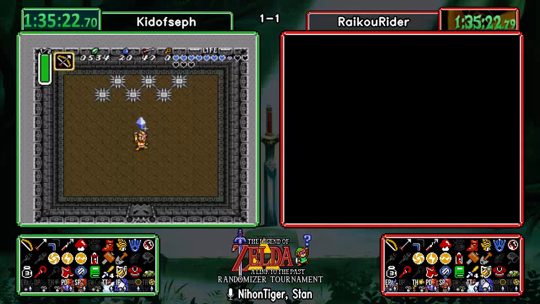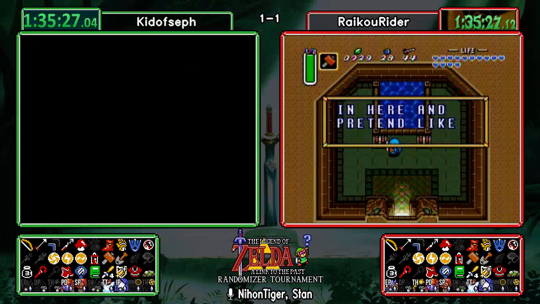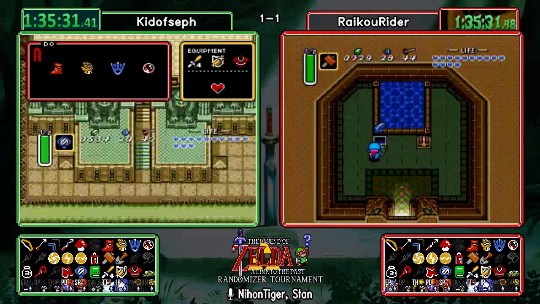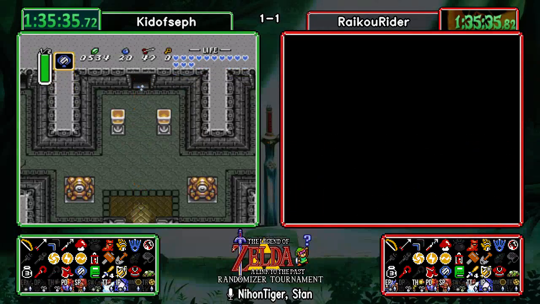All right. Now we get to see what's in the fairy fountain. Oh, come on, Raikou. It's the flute. Oh. Lots of blue, but